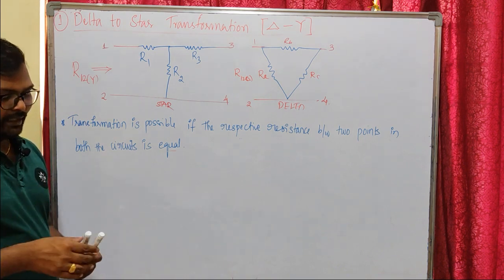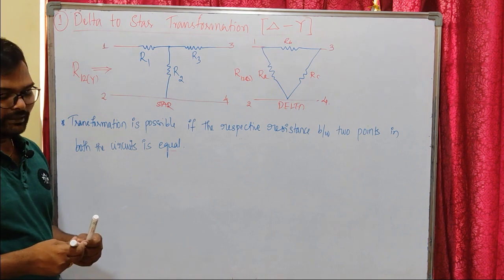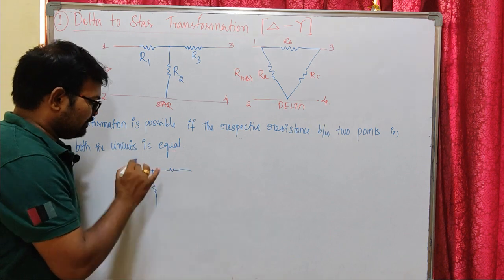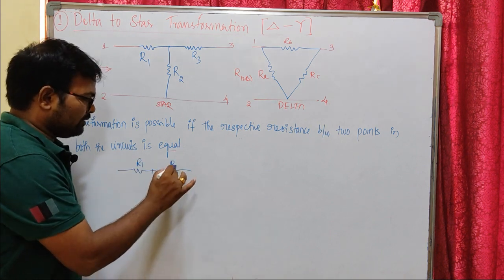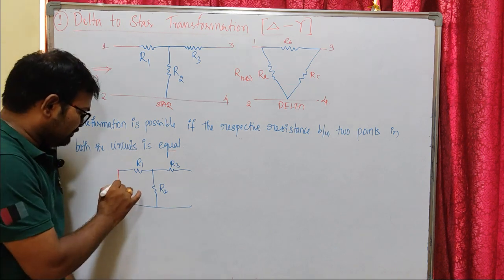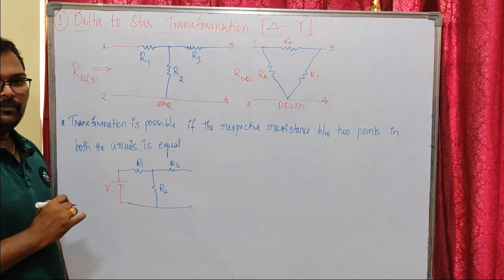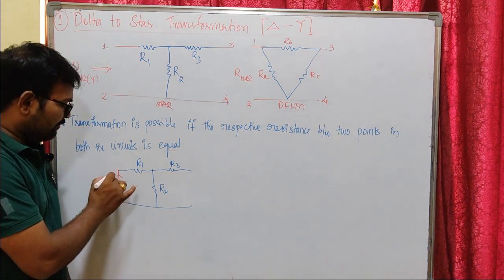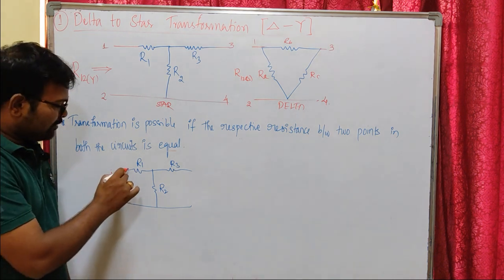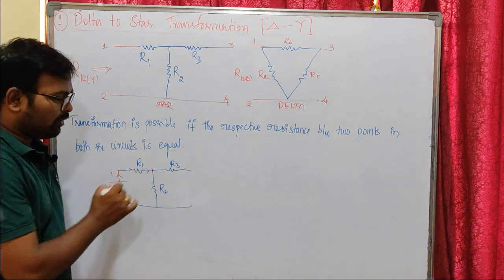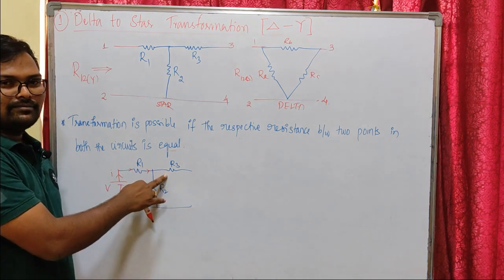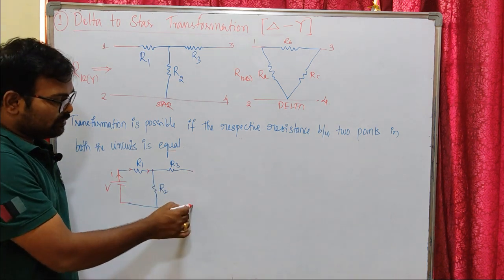How is the resistance taken into consideration? Only when a current flows through a resistor is that resistor considered a useful resistor. Here we have a star connection of resistors R1, R2 and R3. I am going to apply a voltage source V here. Because we have applied a load onto our voltage source, a current I will leave the voltage source. This current will flow through R1 and come till this point. Will current go to R3 or not? No, it won't go, because there is an open circuit for R3.